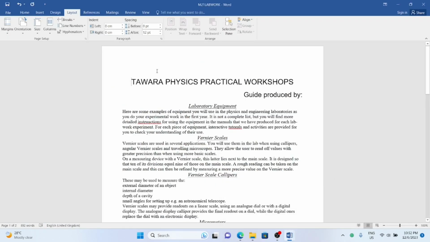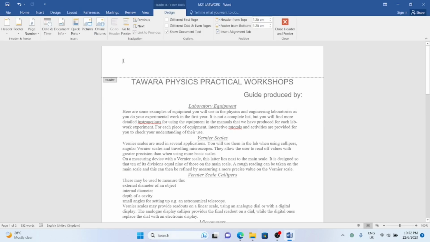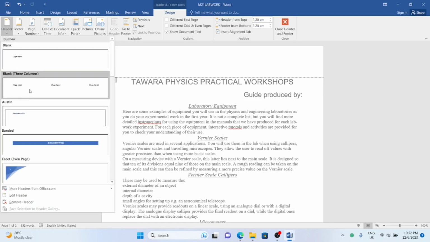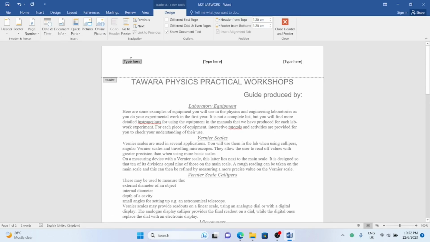So to begin your header, just double click at the top of the page, and you should see you are brought into the design column, where you can head on to the header and insert 3 blank columns and fill up the required information here. On the left, you'll need your name, your center number, and your candidate number. In the center, Tawara University Science,